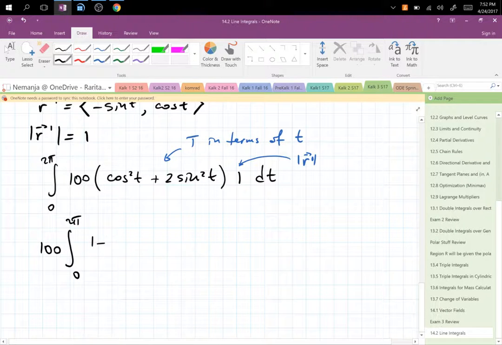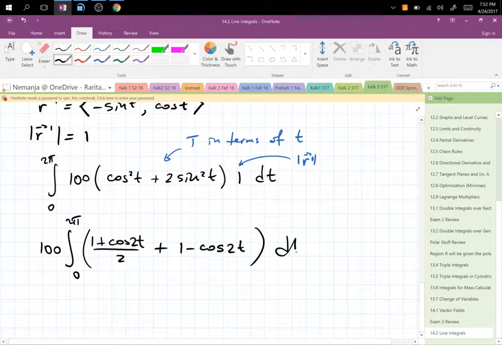So first one is 1 plus cosine 2t over 2 plus, and the second one, this cancels, so it's just 1 minus cosine 2t. I'm supposed to say 2t. There we go, much better. dt,